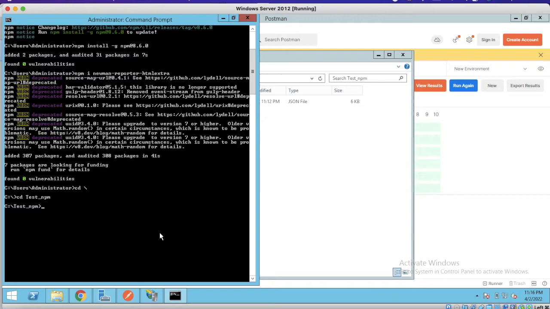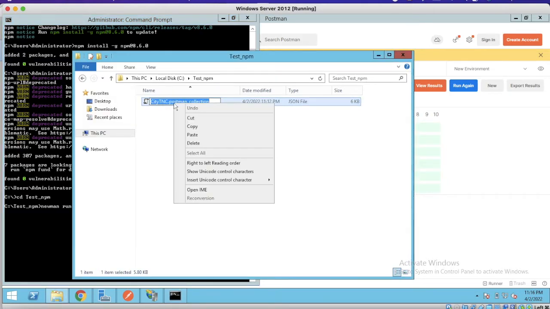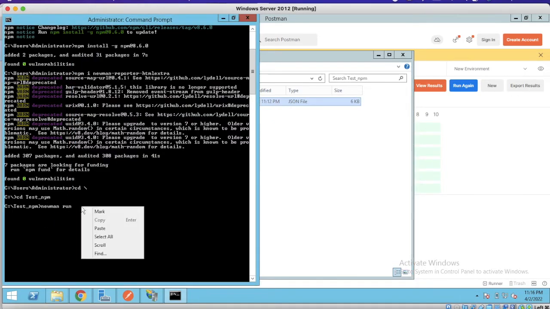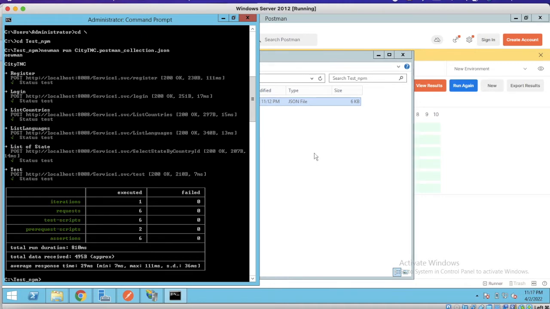All right. So we say Newman run, and let me just copy .json. So here I'm testing the collection. So I will see that now, as you can see, I run the Newman for the collection I have, and I have these APIs where